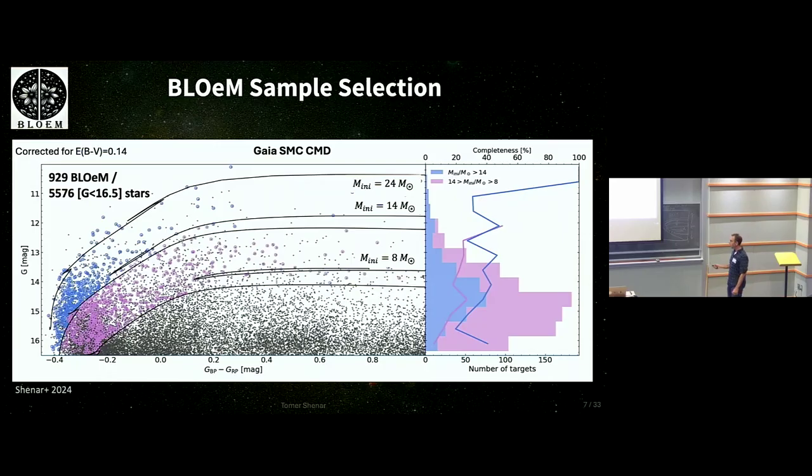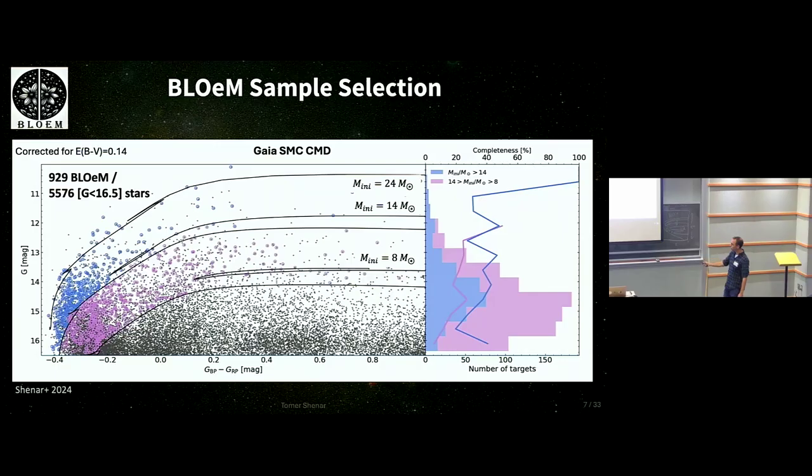Out of these, we wanted to pick roughly 1,000 to probe this big parameter space of binarity, mass, orbital period, and so on. And this was done automatically. We basically wanted to have a homogeneous allocation across magnitudes, but of course these stars are very rare. We wanted to prioritize the high mass and bright stars, and this allocation then proceeded kind of automatically. Okay, so you can see that given our magnitude cut, we're more or less, let's say, unbiased in what we might call the O-star regime, stars above roughly 14 or 15 solar masses.